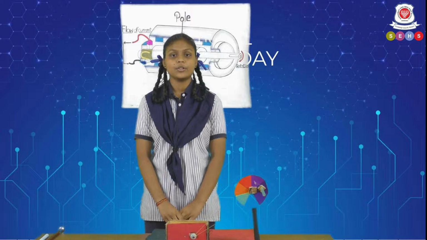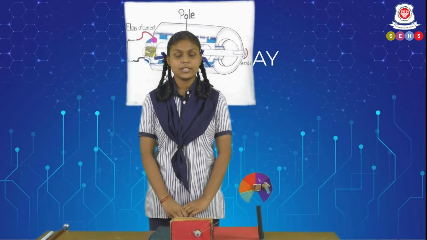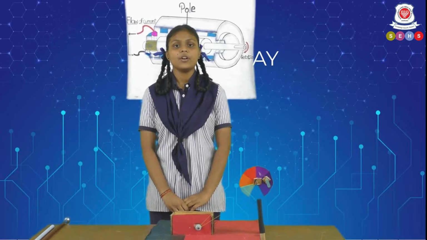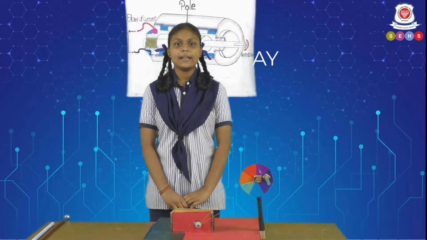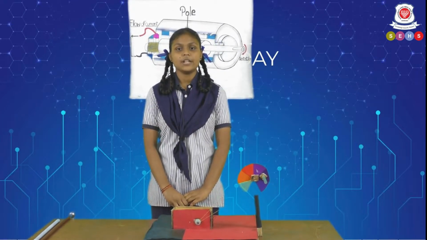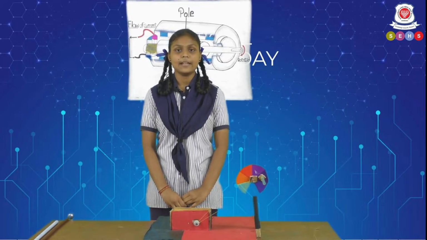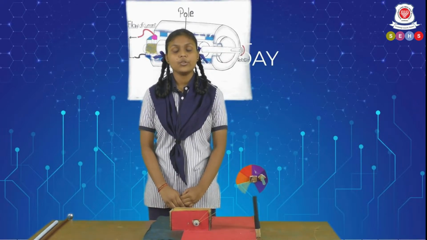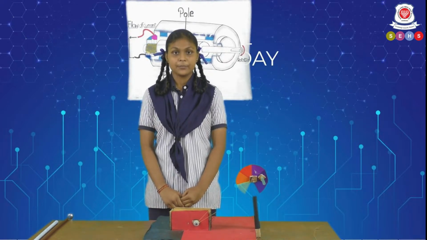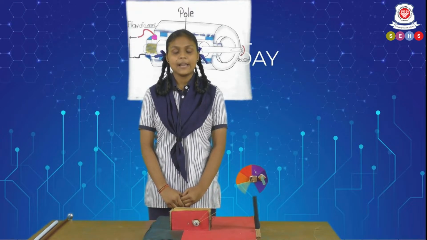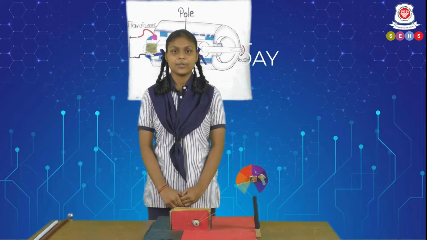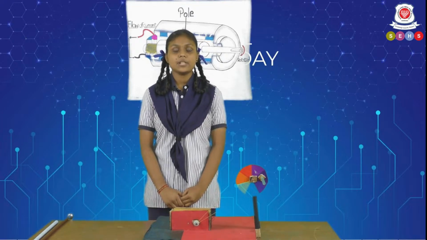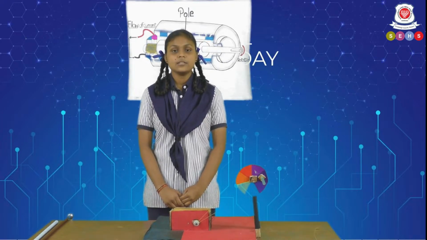Today we are going to perform an activity related to DC generator and DC motor. What is a DC generator? A direct current (DC) generator is a rotating machine that supplies an electrical output with unidirectional voltage and current. The field is produced by direct current in field coils and by permanent magnet on the stator. The output or armature winding are placed in slots in the cylindrical iron rotor.